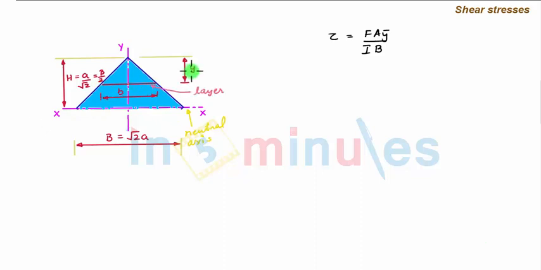Consider a layer which is at a distance y from the extreme end and whose width is b, and we'll try to determine the shear stress at this layer, where A y bar will be the first moment of this shaded area above the layer about the neutral axis, and the width of the layer will be this small b. Now let us try to find out the value of y and b in terms of these two parameters, capital B and capital H. So now by similarity of two triangles, this smaller triangle and this bigger triangle, we have